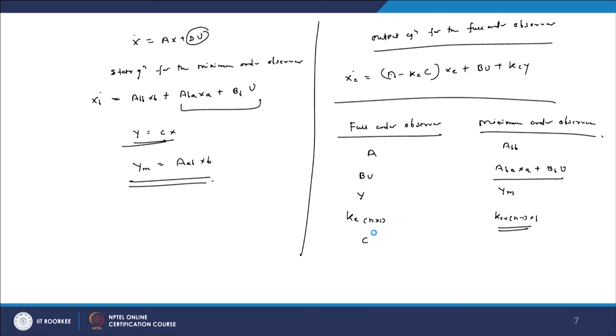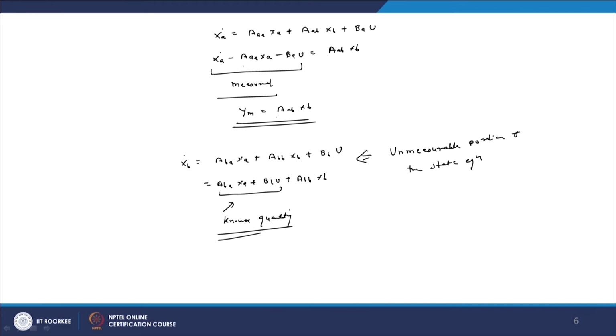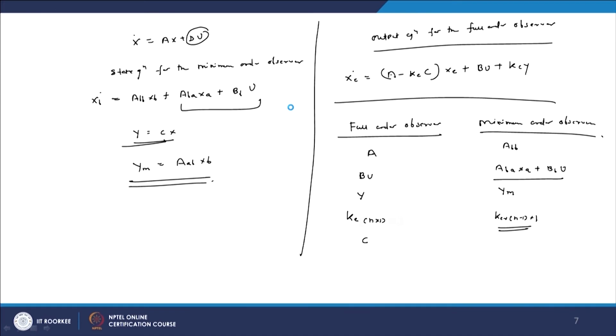Now, here we will find that this Ym output equals AB into XB, that is nothing but the C. Therefore, we can write this as A into AB. So, all these elements we have written. Now, from this we write the output equation for the minimum order observer as XBE dot